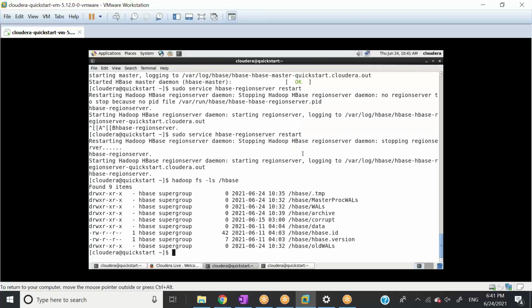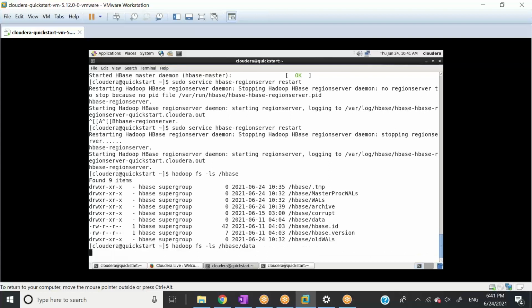So what we see, we have multiple directories here. And some directories might look familiar to you from the last lecture, for example, WAL. Since this is my pseudo-distributed environment, there is one WAL here because I have only one node cluster here, right? And then the most important thing is data. So let's go to data.